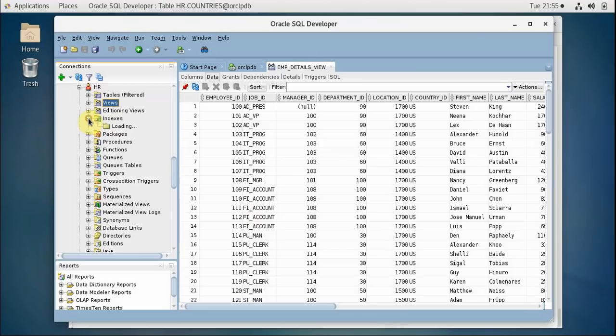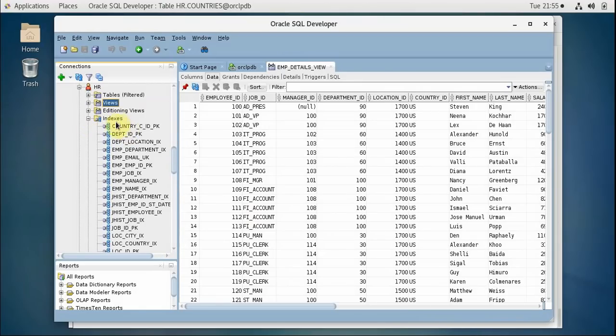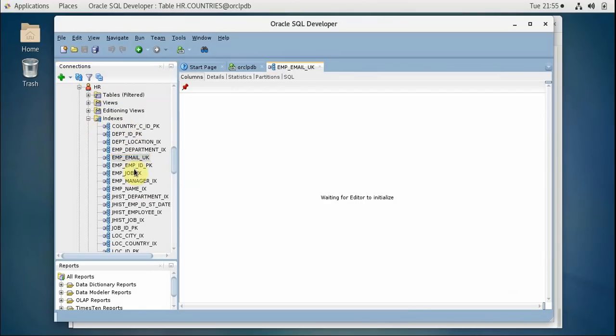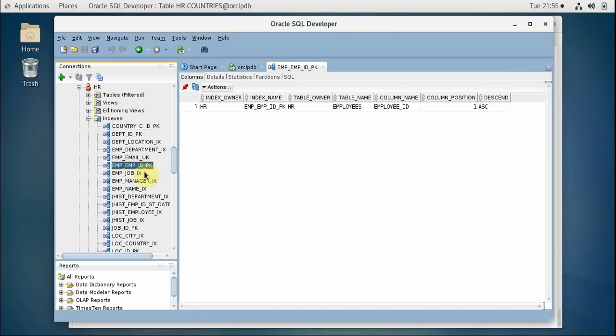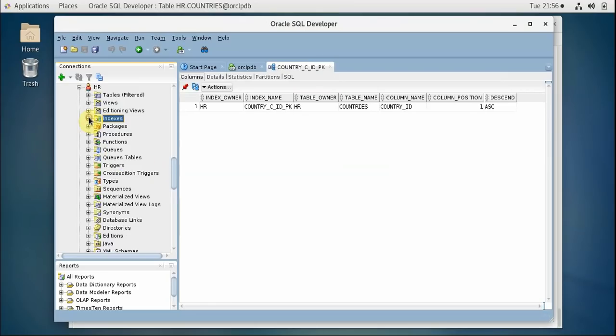Exactly the same way we can see the indexes. Click on the index and you see employee ID, employee email index, primary key, job index, right? You see the indexes also, and how the indexes are created. Similarly, procedures: add job history, secure DML.